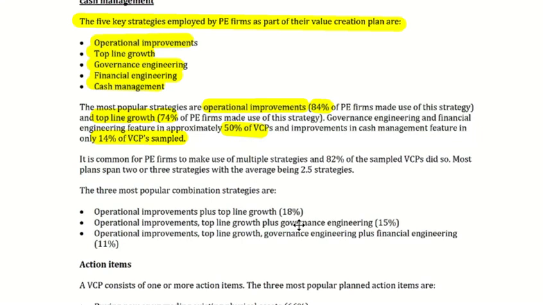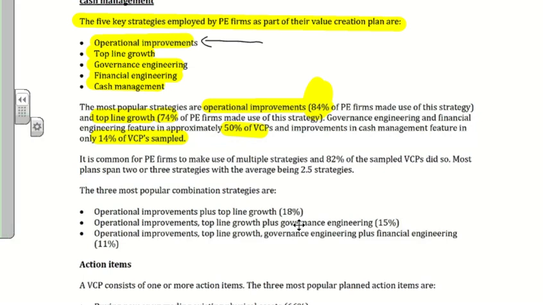Something to remember, guys, and CAIA have made this very clear to us: when you look specifically at these types of numbers, CAIA are not going to ask you what percent of private equity firms use the strategy of operational improvements. No, you don't need to know that it's 84%. What do you need to know? You do need to know that when we look at these different strategies, the most commonly used strategy is going to be operational improvements, not how much they contribute. You don't need to know specific return data, things like that. You do need to know the order though.